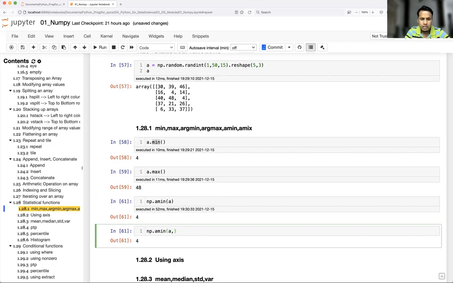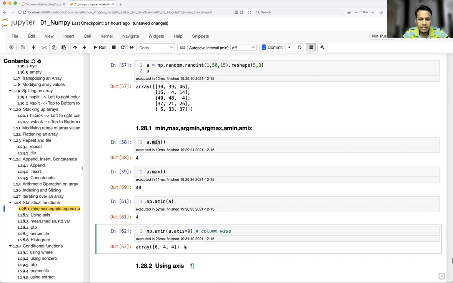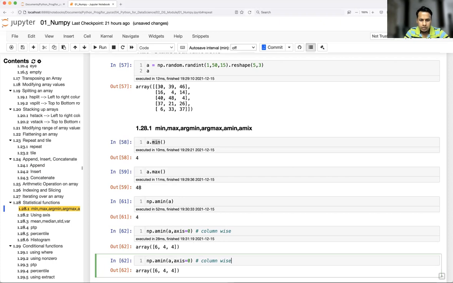If you want column wise, axis 0 is applied. Column wise, so in each column, what is my minimum value? In this first column, we have 6. In this column, we have 4. In this column, we have 4. Correct? If you want row wise, what change do you have to make? Just give axis 1.